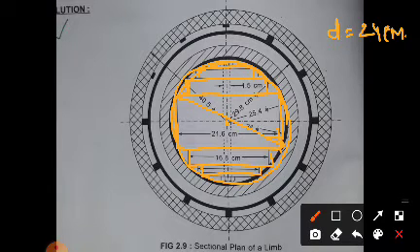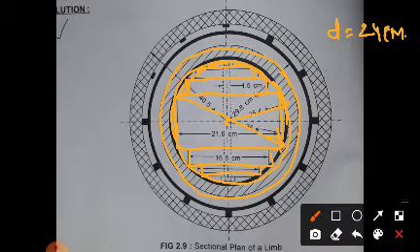For cushioning purposes. Now the internal diameter of the LT winding is 25.4 centimeters, from this place to this place, so draw the internal diameter of the LT winding. The external diameter of the LT winding is 29.8, so from 29.8 you draw the external. This is the LT winding external. Internal is given, external is given. Sometimes we will give the thickness also. So the LT winding is over.